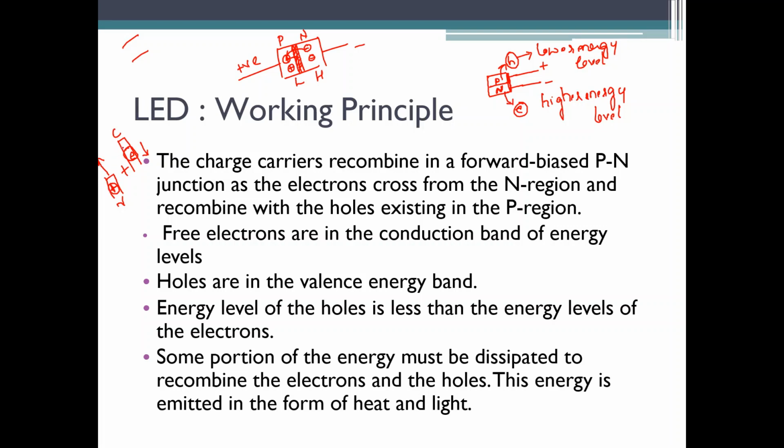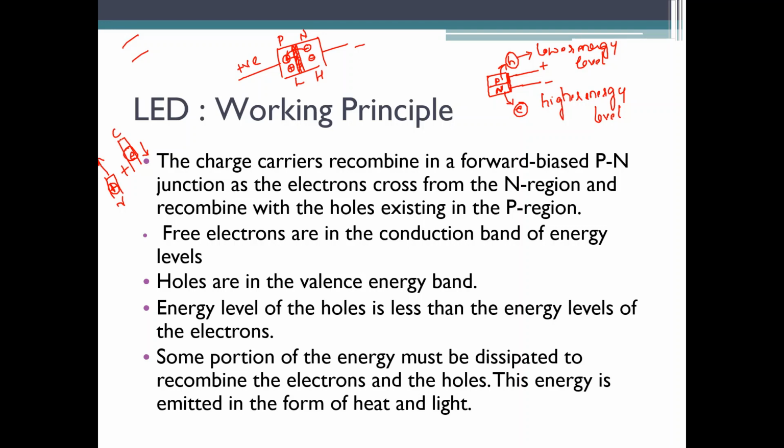The only way in which my holes and electrons can combine is if the electrons in the conduction band give away some of their energy. If the electrons in the conduction band have to combine with the holes in the valence band, when jumping from the conduction band to the valence band, they will be radiating the energy. The energy radiated by these electrons will be in the form of light. This is when the light is produced. My light is basically produced when the electrons in the conduction band are jumping to combine with the holes in the valence band. But the energy levels are entirely different.